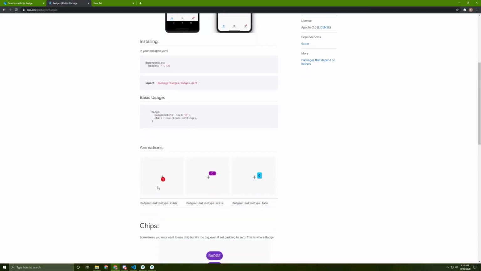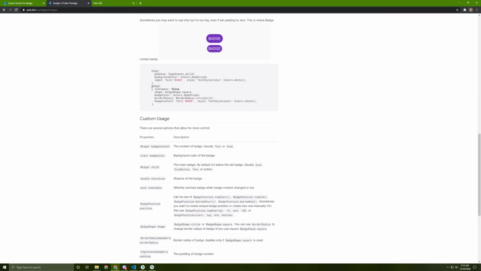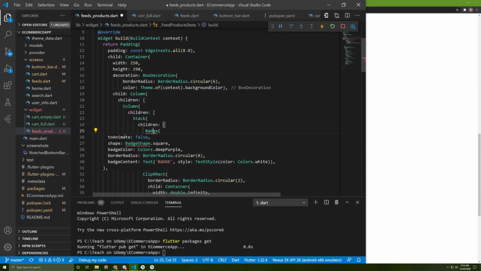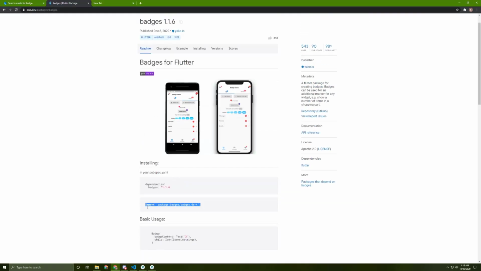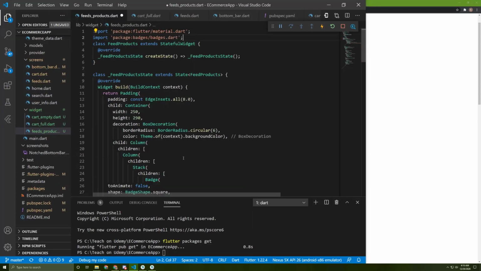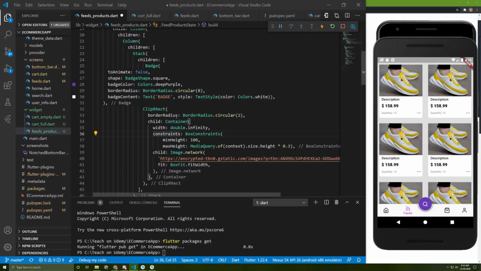Let's go back to README. Copy this and paste it in here. Let's import the... import doesn't appear, so let's just copy the import in here. Let's save it now. Nothing changed. If we restart it,